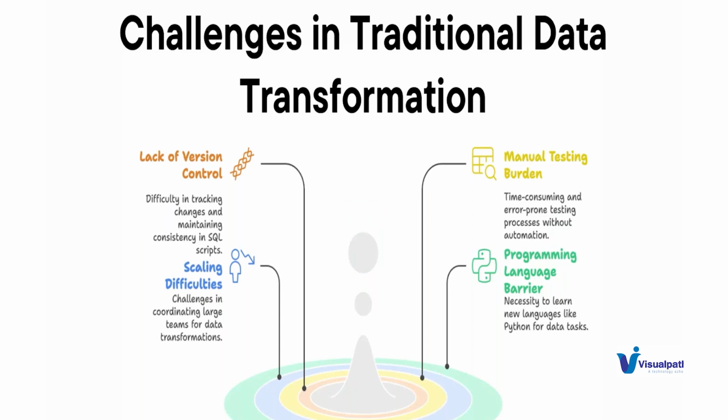Then scaling difficulties. What if we have a very large data set? With traditional data transformation, if we have a very large data set, we have to provide that computing environment. If we don't have it, then the job will take hours to complete, and it's very difficult to scale. If we want to run 5 or 6 pipelines, it's very difficult to do. In traditional, we should have those resources to do it. So it's much more difficult to scale in traditional data transformation